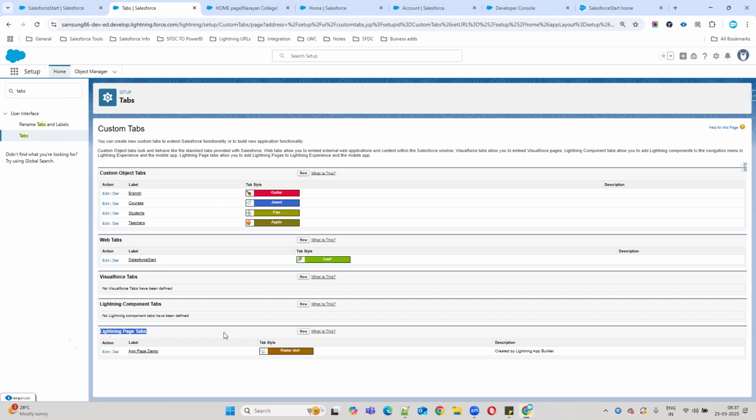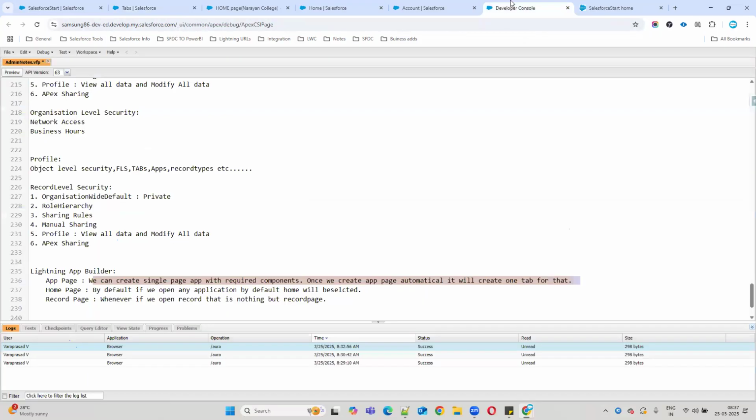Yes, sir, understood. So this Lightning component tabs we'll discuss in the LWC development part. Now we have to create an LWC component for that. And we also have to create a VF page. So in the development, these two things will come in development. Okay. So now we have discussed about what?